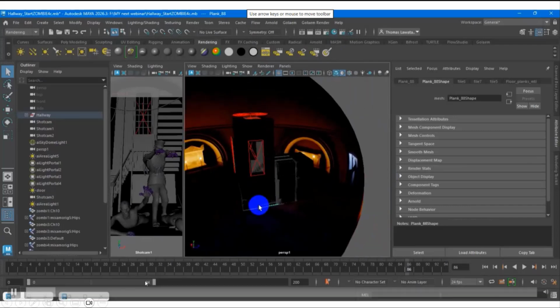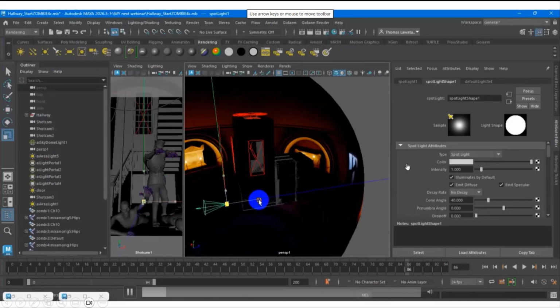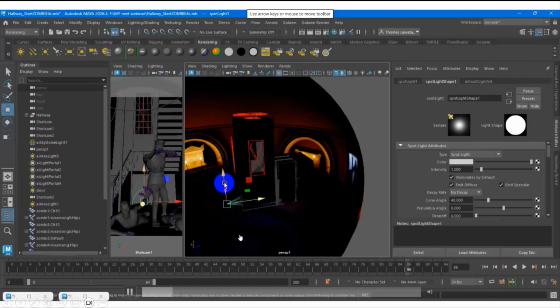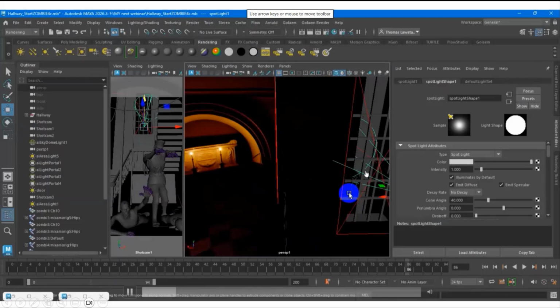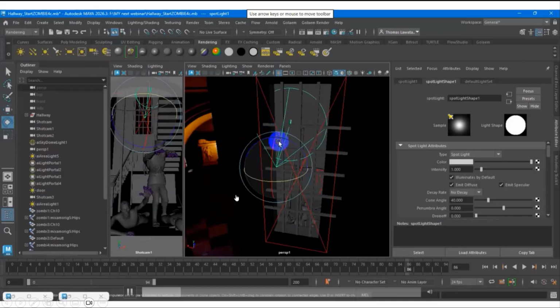The lighting is coming from here. That's why I need a spot, because the gobo filter is inside the spotlight, at the bottom when we scroll down. If you want to adjust, maybe you can put a locator and then use the aim constraint.